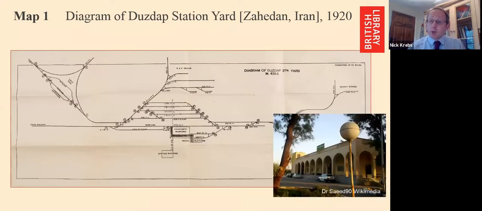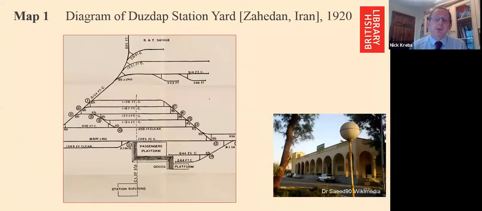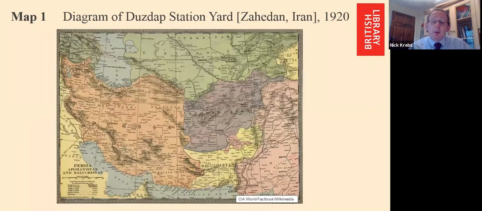The station, newly built in 1920, is still there today. And what I'm going to do is zoom in again a little bit. As I say, the map itself is not particularly exciting unless you're into the sort of railway wiring diagram type things. But just to put it in a little bit more context, Zahedan is here, or Duzdap as it was in those days,